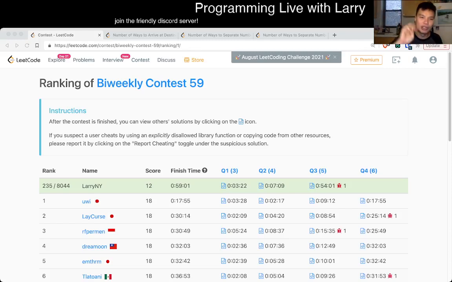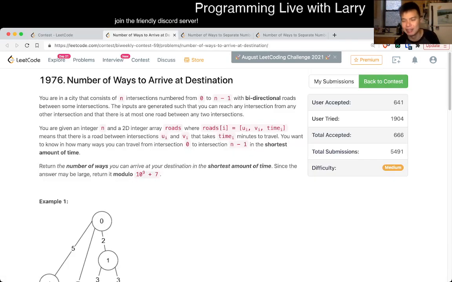This is me going with Q3 of the bi-weekly contest 59, number of ways to arrive at destination. So this one is going to be,